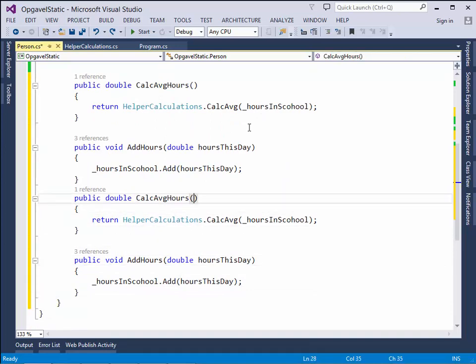So instead of calculating average hours, we just call calculate average grade, like this.